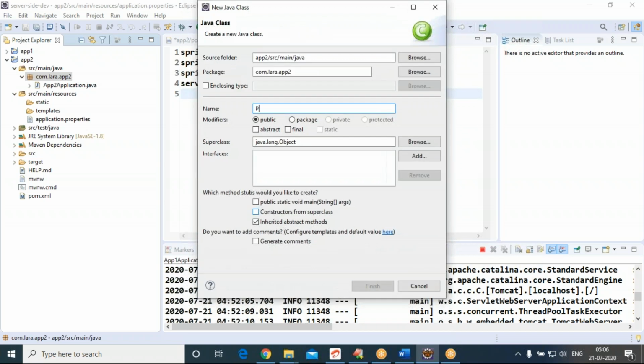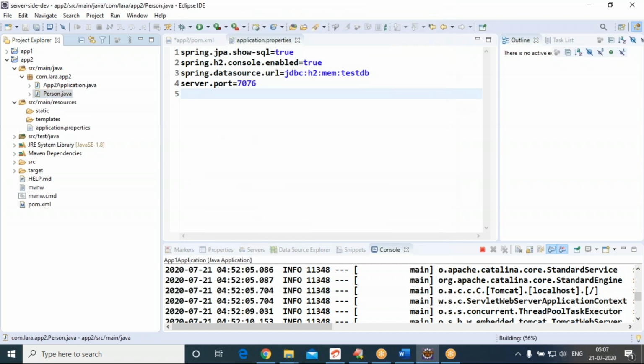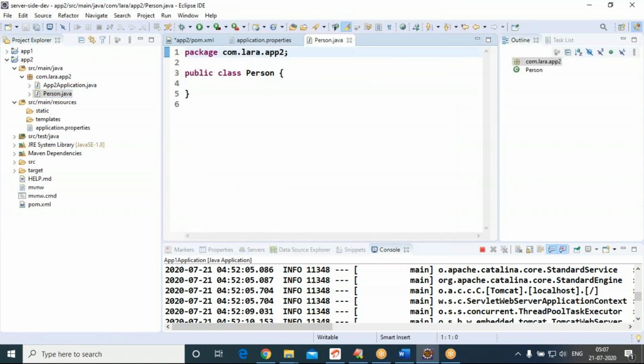I'm choosing the class name as Person. Everybody, right click on the available package, go to New, choose Class, and specify the class name as Person.